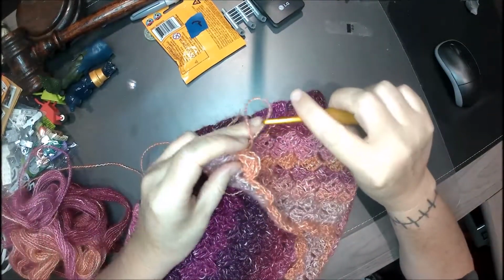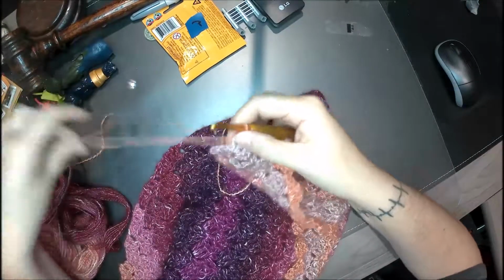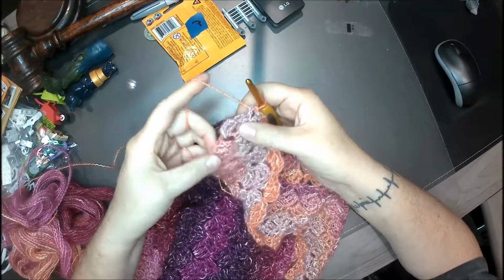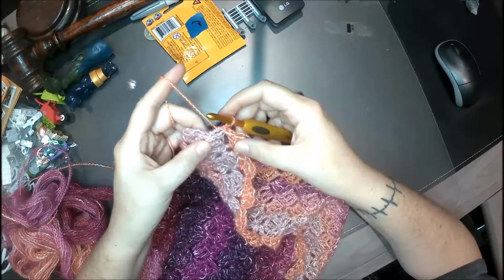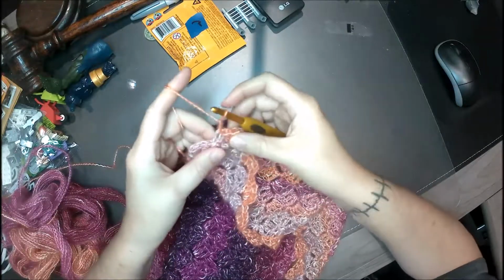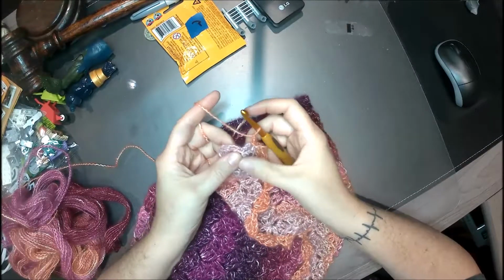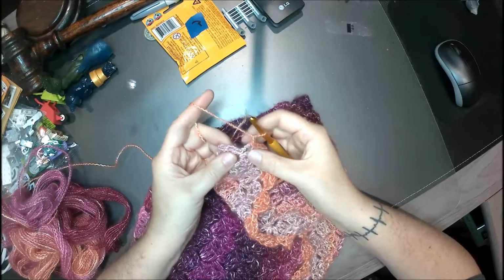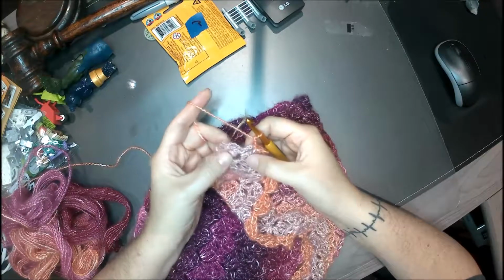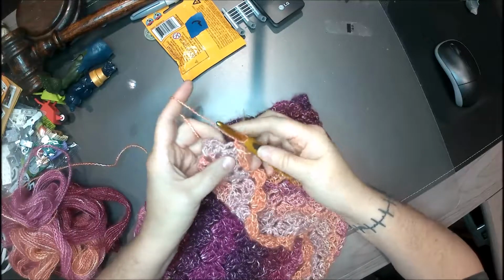So for a border, here's my end. I just connected my last square on. I ended up with 3 squares at the end. So now in this kind of pattern, to put the border on, I'm going to chain 1 just to lock that one in place. But in the open areas where it's going horizontal, I'm going to do 2 in each one. And in these where it's vertical, I'm going to do 1 in between each one. So I'll have 1 single, 1 single, 1 single, just to kind of give me an open,